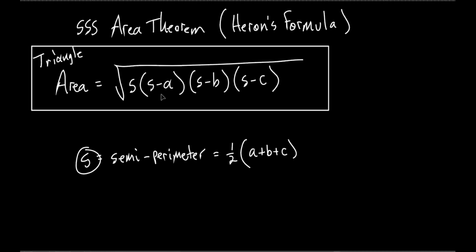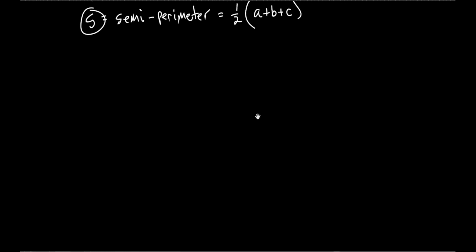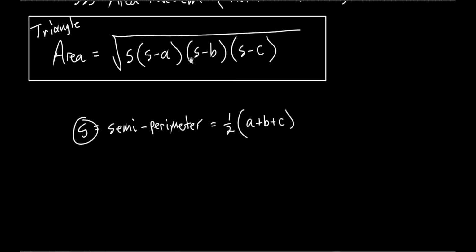Let's do an example. I've got 5 minutes, so let's do a couple examples. You got that written down? So really, that's not that hard, is it? It's the semi-perimeter times the semi-perimeter minus one side. So S minus A, S minus B, S minus C, multiply them, take the square root,